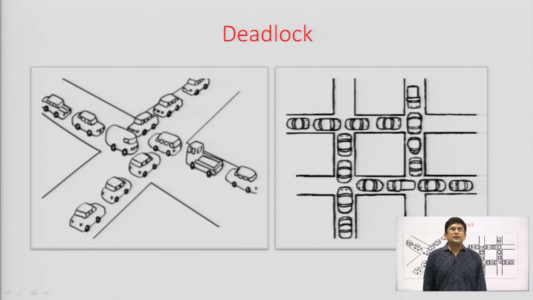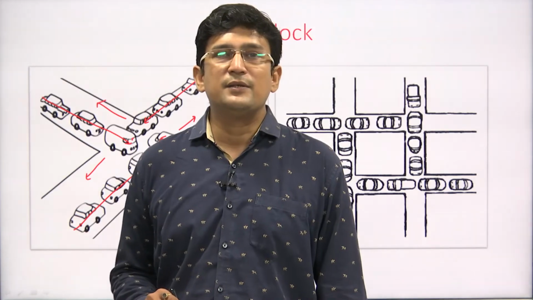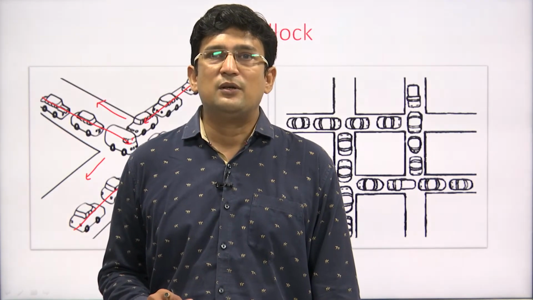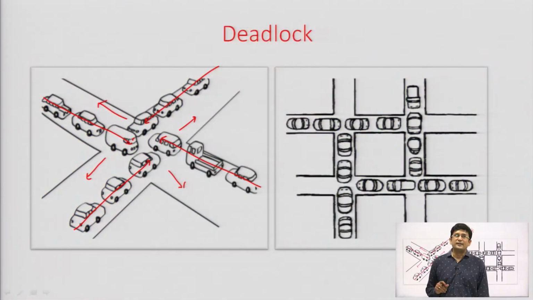Now, this is the diagram that we took in the last lecture as well. It shows a four-way crossing, wherein vehicles are coming from this side and wish to go here, and vehicles are coming from this side and wish to go there. Vehicles coming from this side want to go there, and vehicles coming from this side want to go there. So, the movement of any of these vehicles is not possible, and because of that we can say that there is a deadlock here, or a condition of bottleneck.